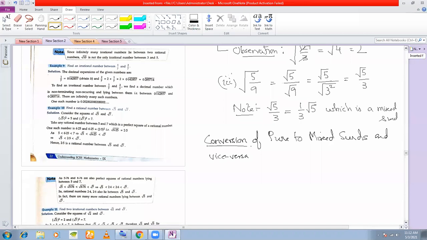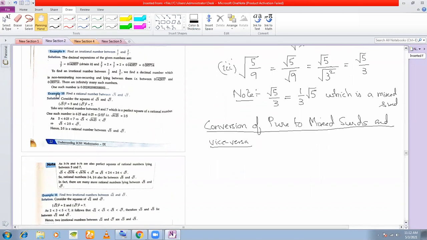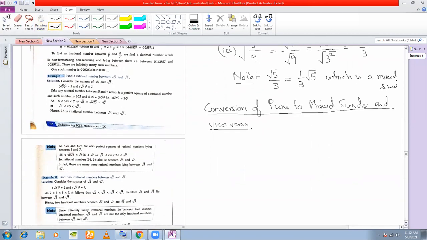Okay, if I give you a mixed surd, how do you convert it to a pure surd? If I give you a pure surd, how do you convert it to a mixed surd? Let us see with the help of some examples how to convert pure surds to mixed surds and mixed surds to pure surds. So example number 1,